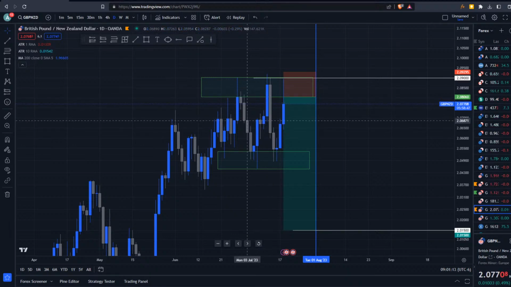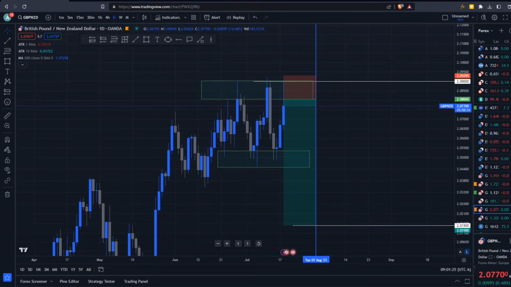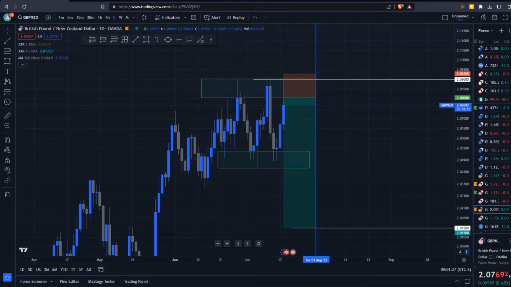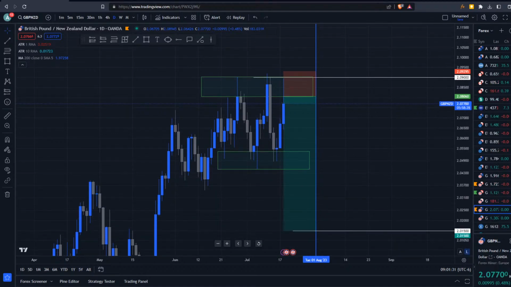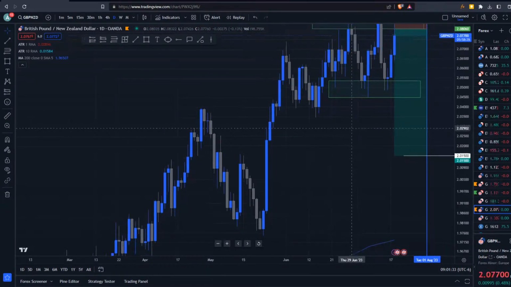You can see we're over halfway through July and it's barely made any higher, so now it is rejecting heavily here, right around this 209 level, right around the 208 level. Now it's rejecting, so I do think this is a good trade. I would probably take this. I think this is the end of the pound kiwi momentum